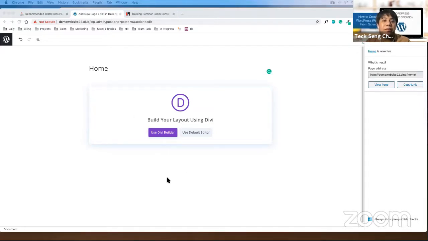Then the first thing you need to do is the title. You just enter home. Once you enter home, on the right hand side, just click publish, publish again. Once you are done, just give me a thumbs up.